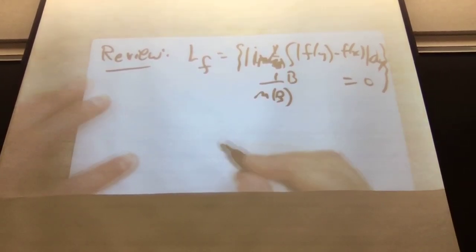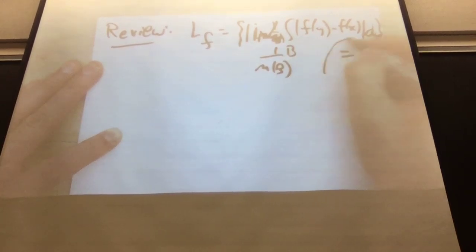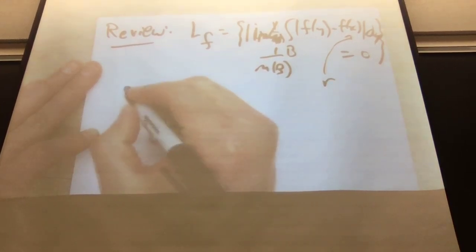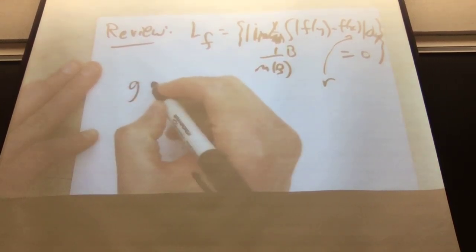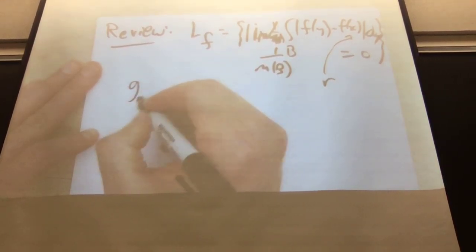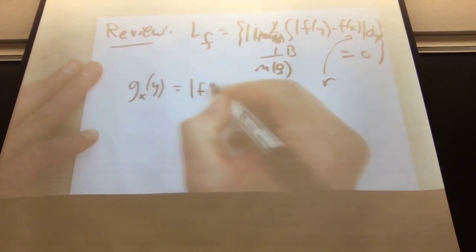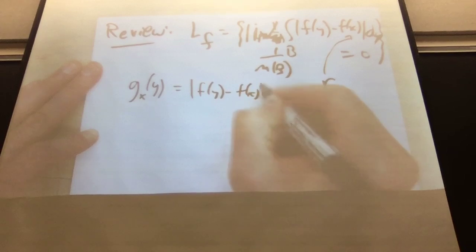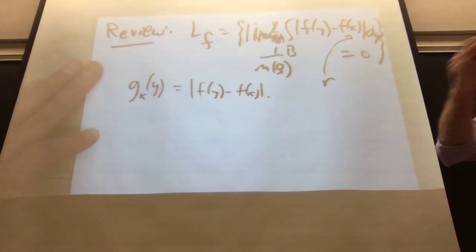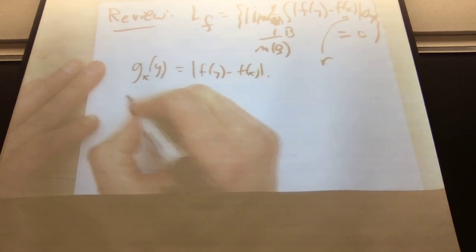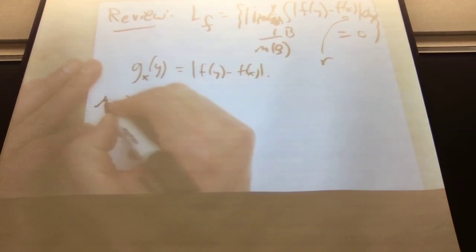And Robert's question was, why didn't we just, so the way we proved this was we replaced f of x by r, basically, for rational numbers that are nearby. And his question was, why not just set g sub x of y, for a given x, to be this absolute value, and then apply the theorem that we know? What the theorem that we know will tell us is that for mu almost every x,